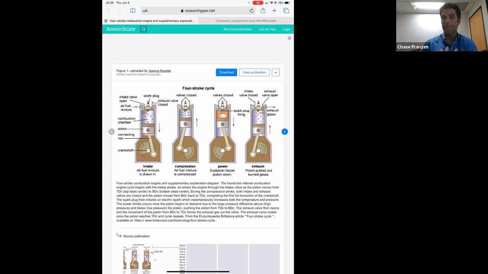magnetos, which is basically a magnet with a coil stack. It's a mini generator creating current, and that magneto then sends the electrical pulse to the spark plug that creates spark. So there is no part of the engine system that requires the electrical system to run. Now, you do need a battery to turn the engine over or to start the airplane. The starter needs a kick to turn the propeller. But once it's started, the engine system, the power plant system, is a beautifully self-contained system that does not require